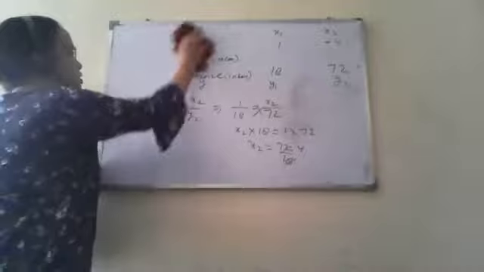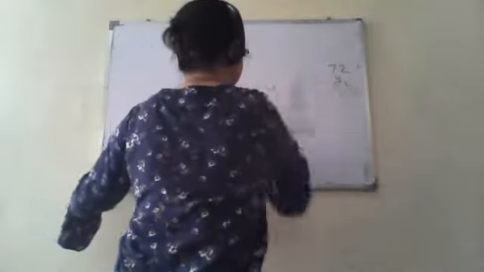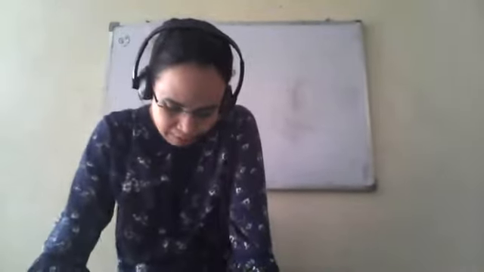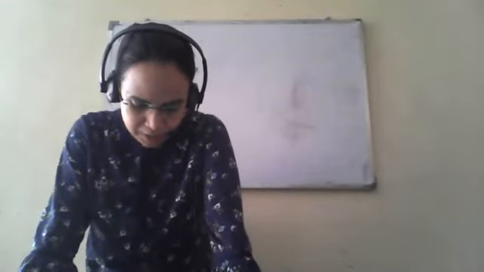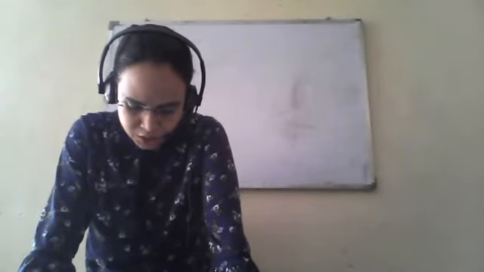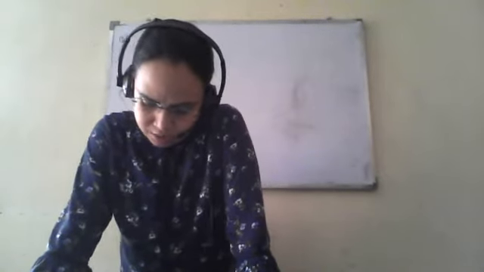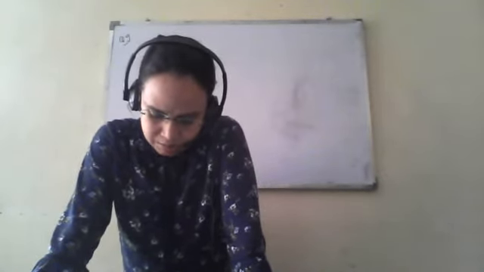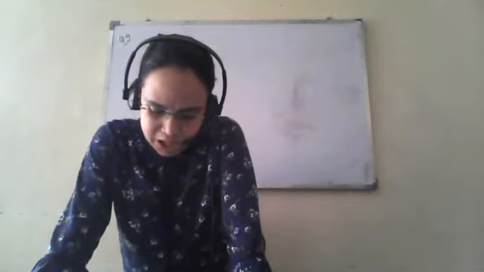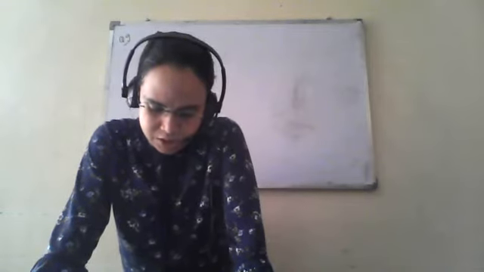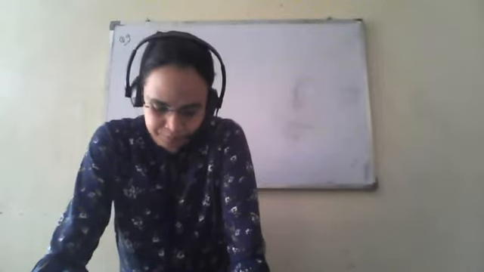So next question. We have the next question, that is question number 9. A 5 meter and 60 centimeter high vertical pole casts a shadow of 3 meter 20 centimeter. Find, at the same time, the length of shadow cast by another pole that is 10 meter 50 centimeter high, and the length of the pole which casts a shadow 5 meter long.